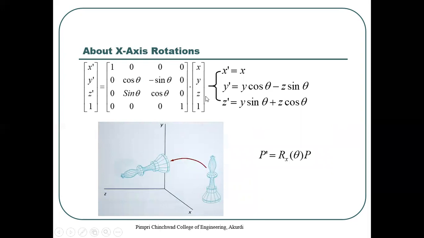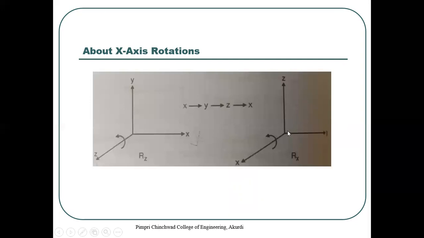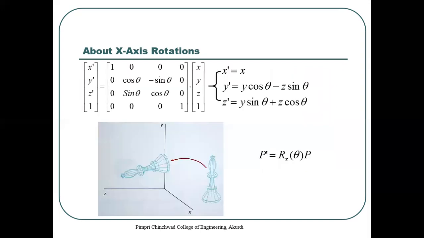Okay, so finally here, using the equations also, you can see that the x coordinate remains unchanged and the y and z coordinates will be changed, right? X coordinate remains unchanged. Okay, as in the previous case, the z coordinate remained unchanged. Now we have performed the cyclic permutation, so our z will be considered as the x, so that will be unchanged, and the y and z coordinates will be changed. Okay, so this is the rotation about an x-axis.